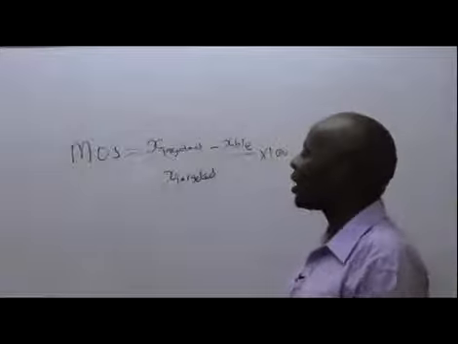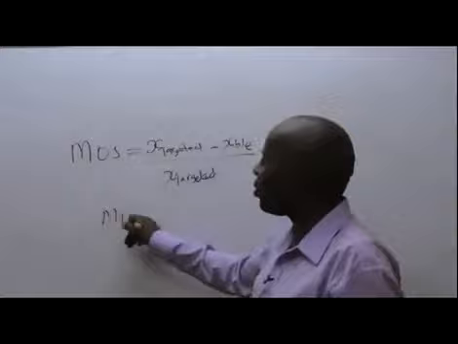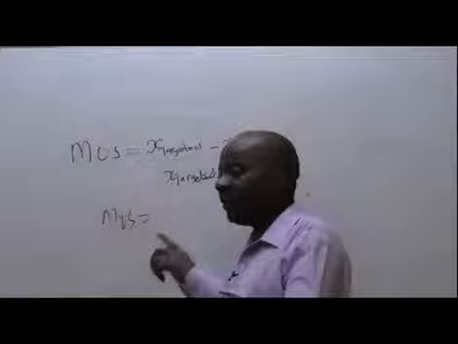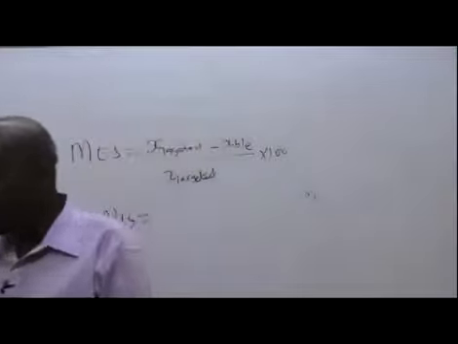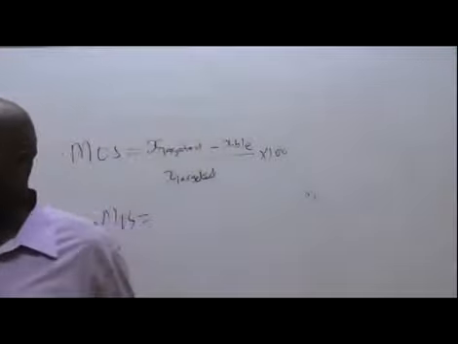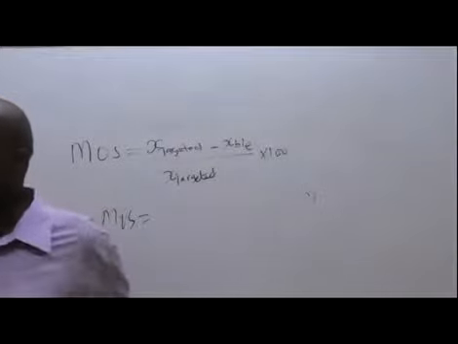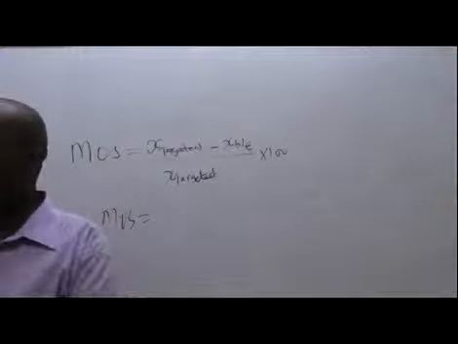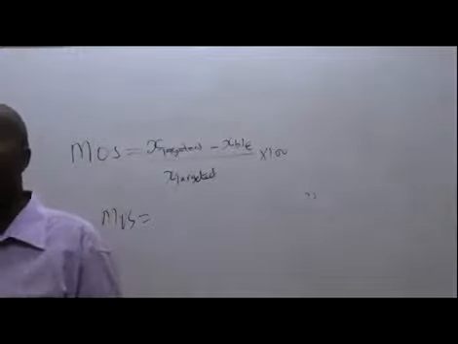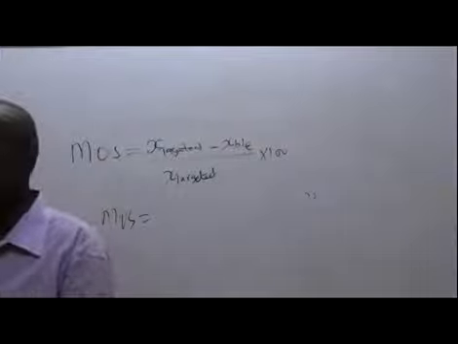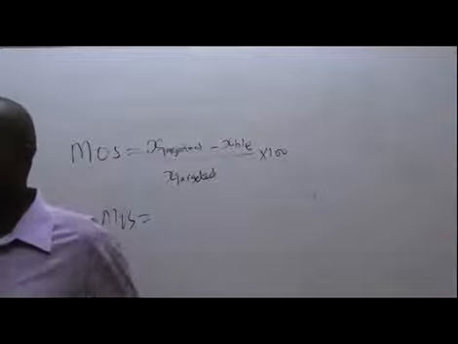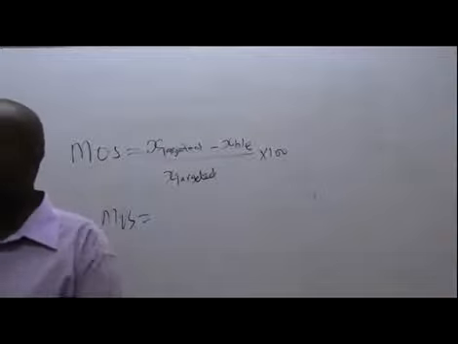Remember, ladies and gentlemen, this margin of safety of ours, I have to give you 1 minute. I would want to get these answers from you. Please, I'm giving you exactly 1 minute. Margin of safety is X targeted, the quantity that you're targeting to produce or to sell, minus X break even, all over